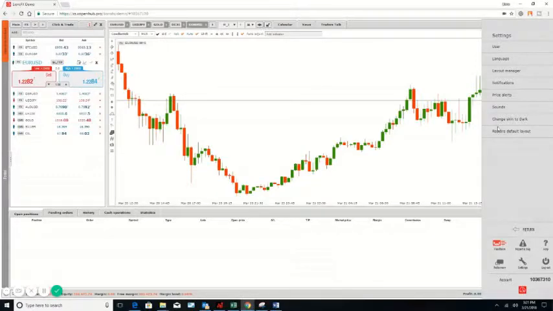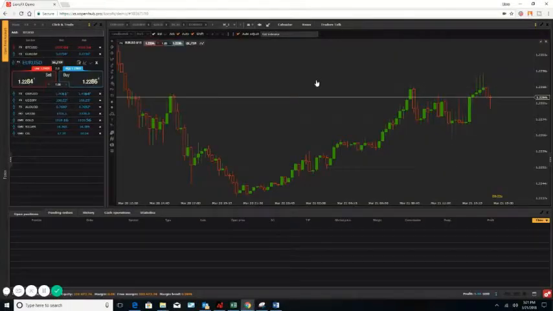So in this video I just wanted to show you how you can actually make the xStation trading platform layout the best way for your own personal use. Now, as we have done that, in later videos we're going to talk more about actually using the trading platform, making